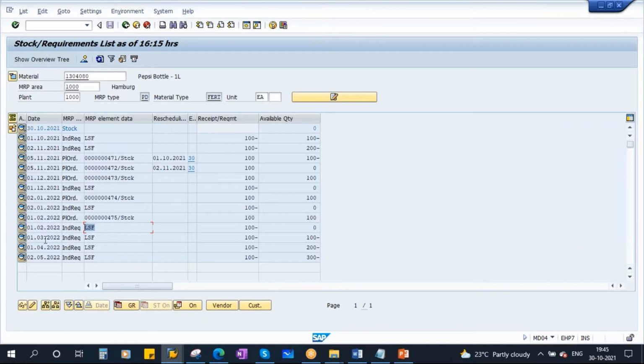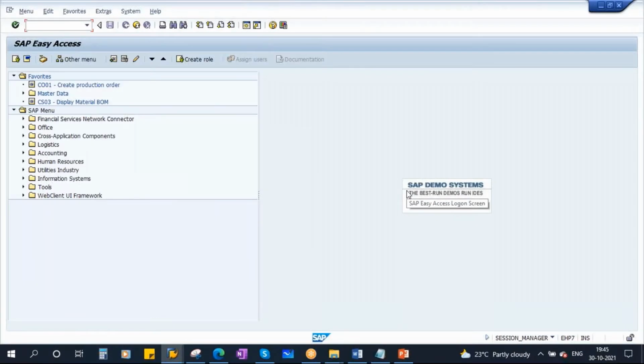But the requirements of March 2022, April 2022, and May 2022 are not planned. The reason is these requirements fall outside of the planning horizon. There is a planning horizon defined. Now the question is where it is defined. I'll show you that in OPPQ.